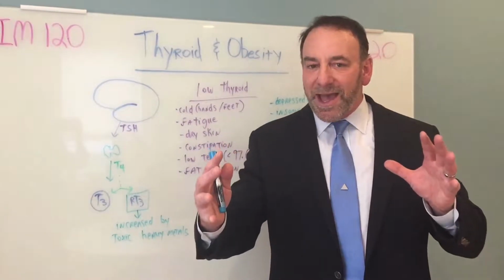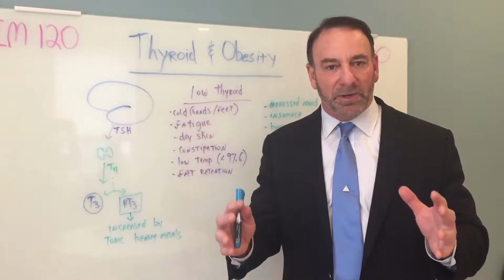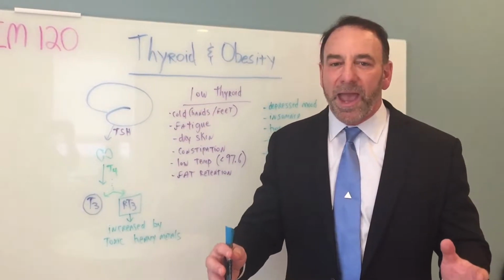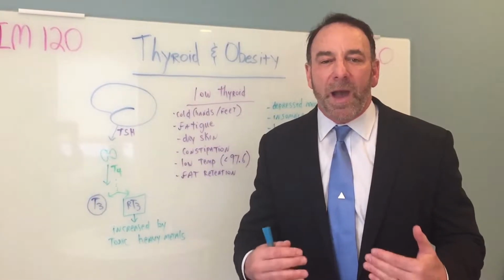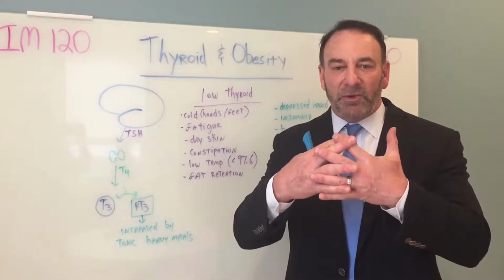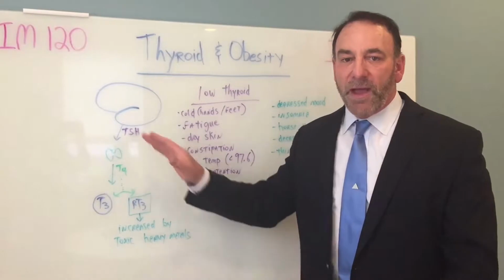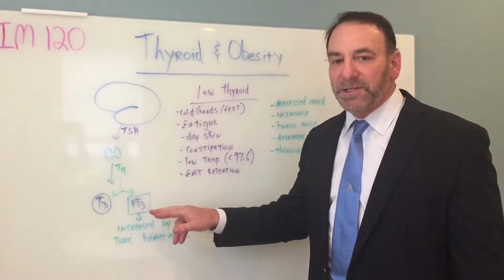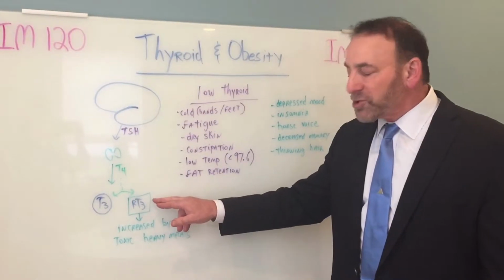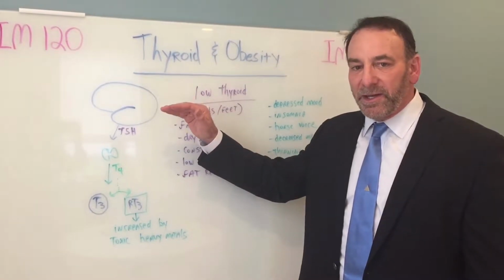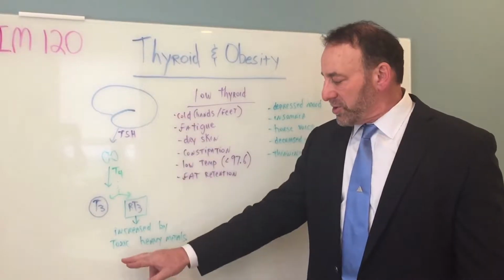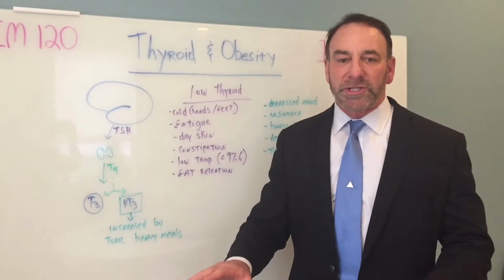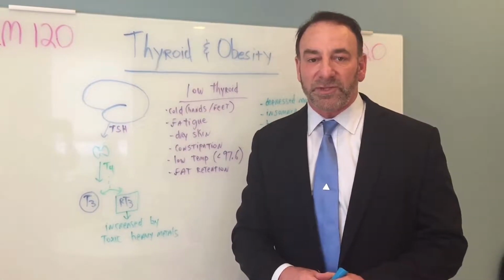So you put these together and you start to see a picture here. Sluggish, fatigue, dry skin, dry brittle hair. The weight just won't go away. Now, a lot of other things can create this complex, but thyroid is a big consideration. You must test all elements of it. If the reverse T3 is abnormally elevated, it can be due to increased toxic heavy metals. That's a whole other topic. We'll get into it in a later conversation.